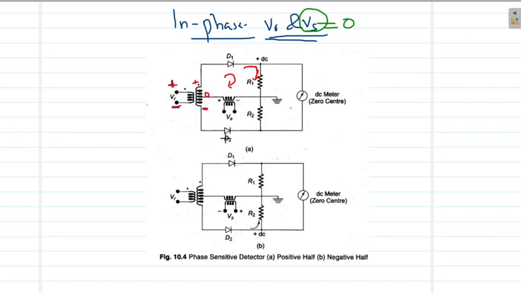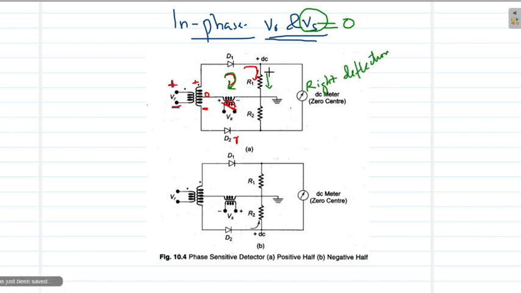So the negative is connected to the positive of the diode and the ground, or comparatively the positive, is connected to the negative. That means diode 2 is reverse biased and hence no current will flow through this lower half of the circuit. So during the positive half cycle, if we have no VS here, we have a current in this direction through R1